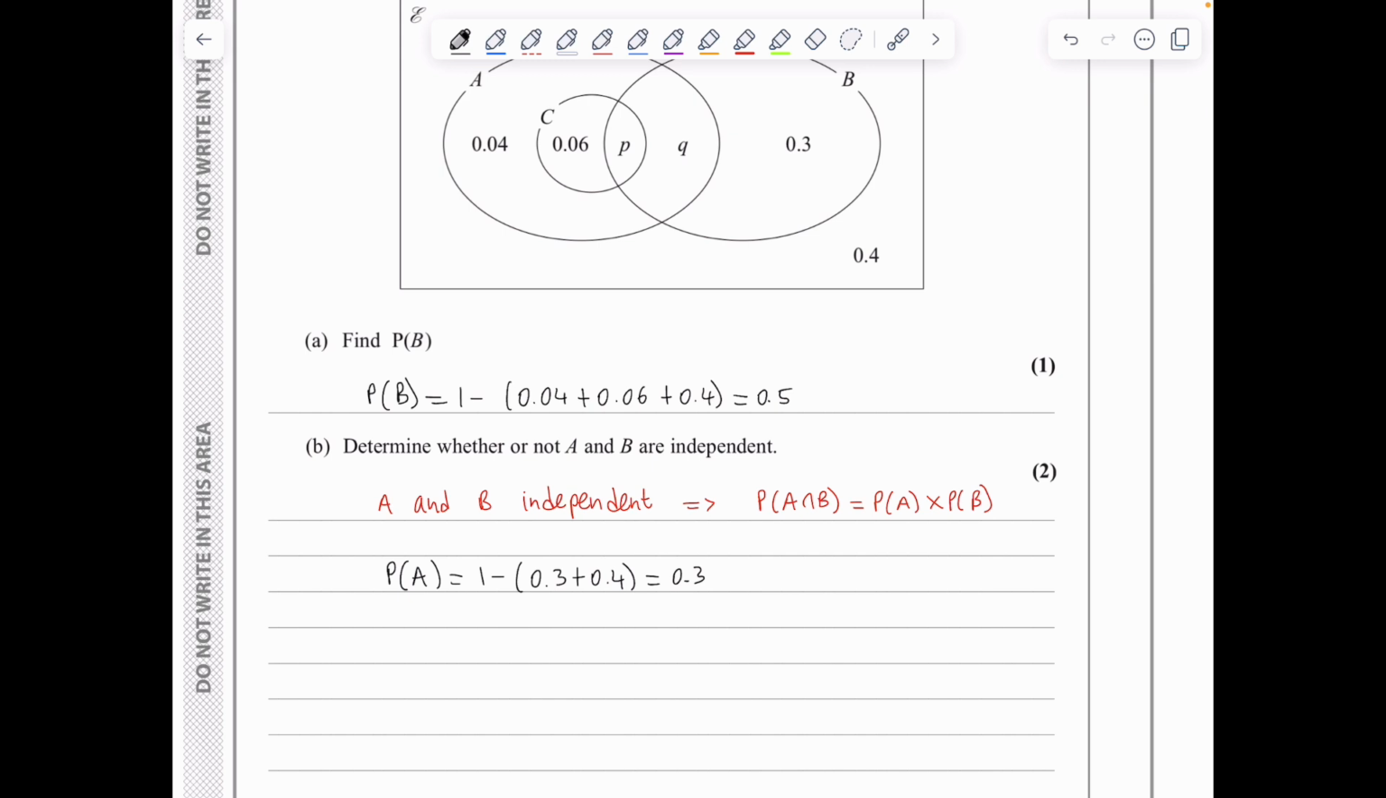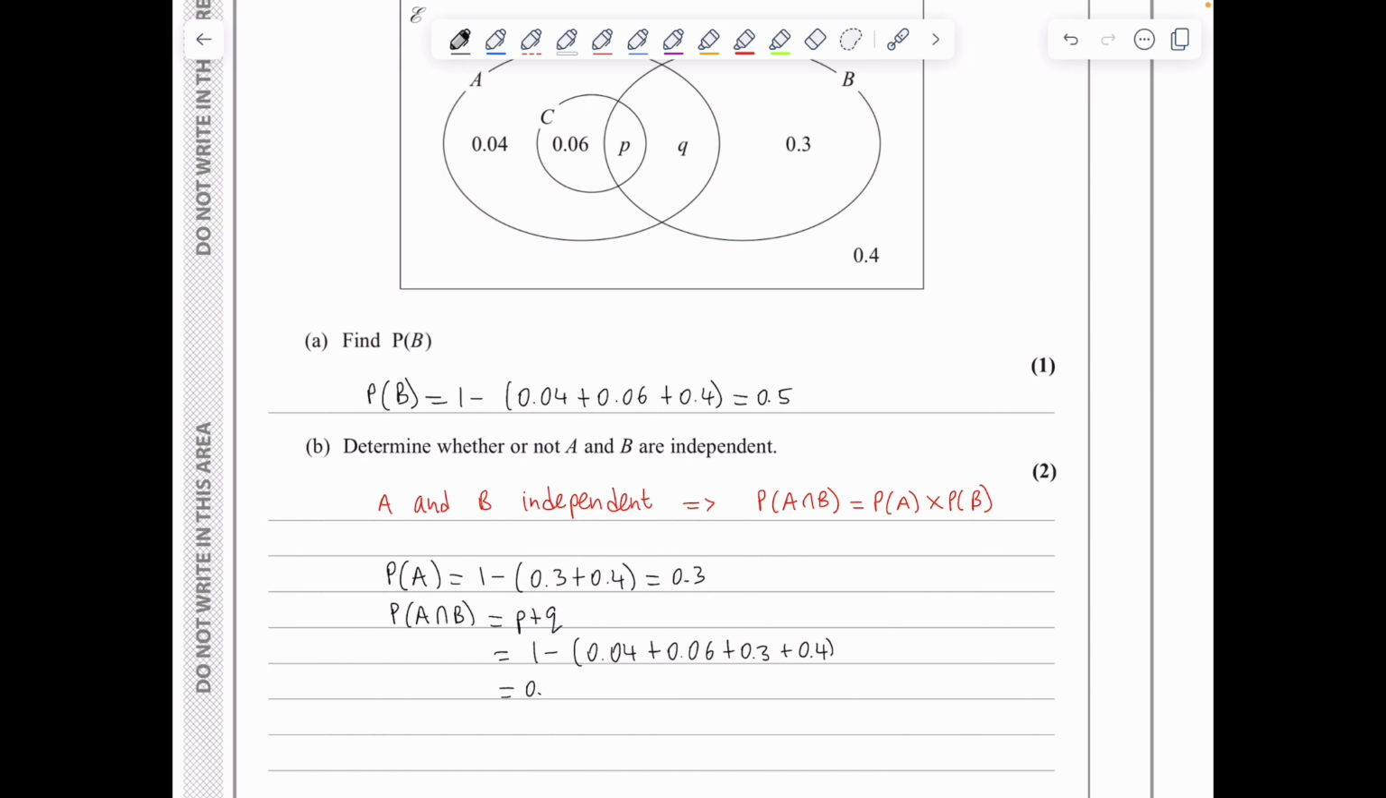We can also see that the probability of A intersection B, so the common part, is the P plus Q. So we've got probability of A intersection B is equal to P plus Q, which can also be written as 1 minus everything but P plus Q, so the 0.04, the 0.06, the 0.3 and the 0.4. So this can be written as 1 minus (0.04 plus 0.06 plus 0.3 plus 0.4), which gives an answer